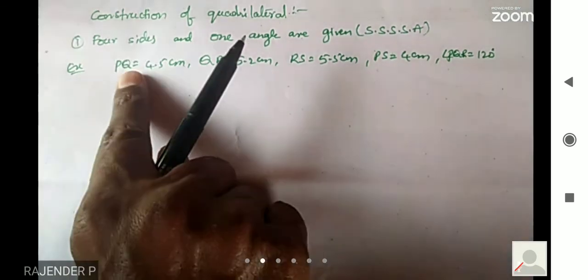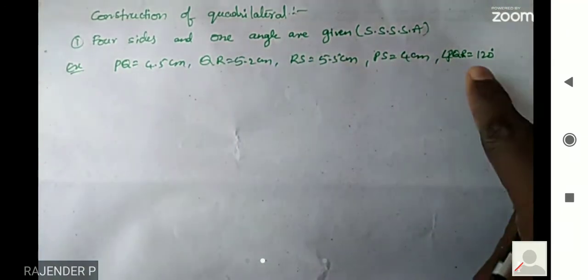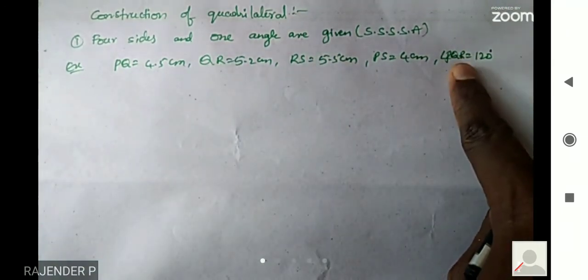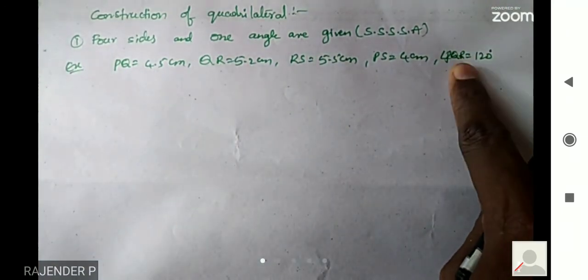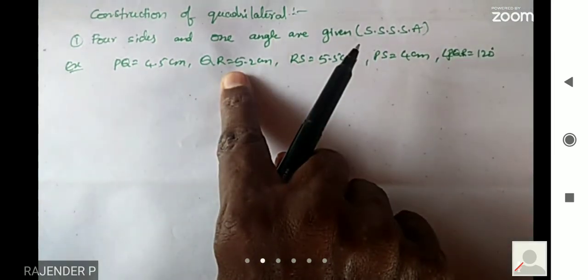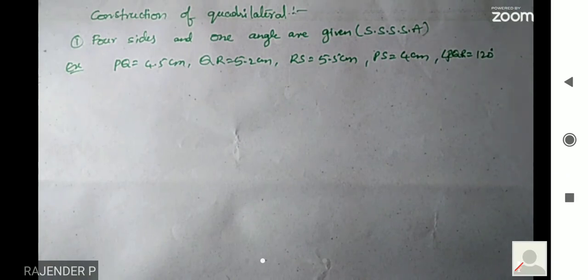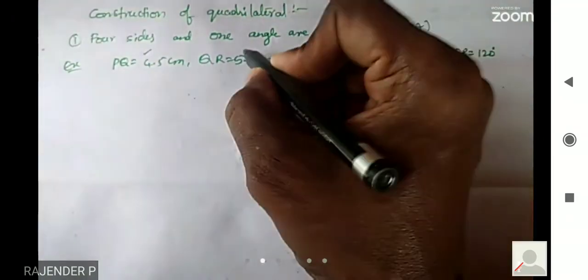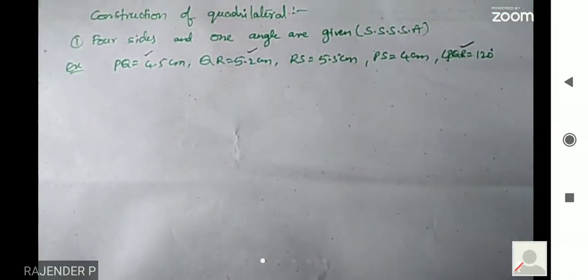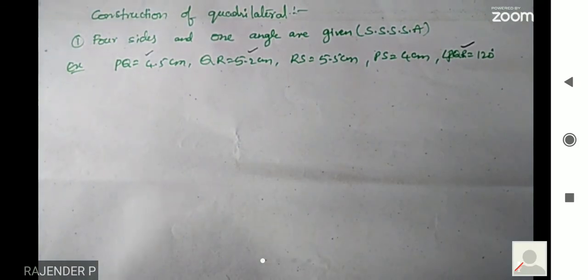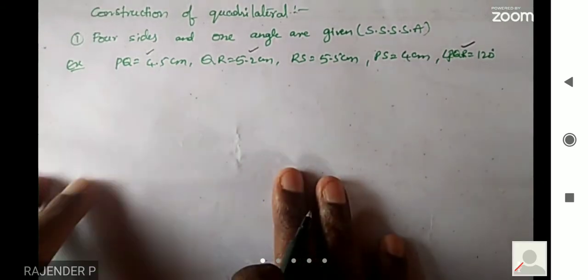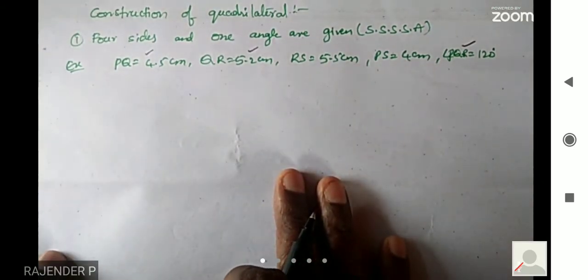So when we take line PQ, we can take angle PQR, because this is nothing but angle Q only. PQR is nothing but angle Q. And next, side QR is also there. So I am using these three measurements to determine the three vertices. Let us see how to determine the three vertices and what the procedure is.